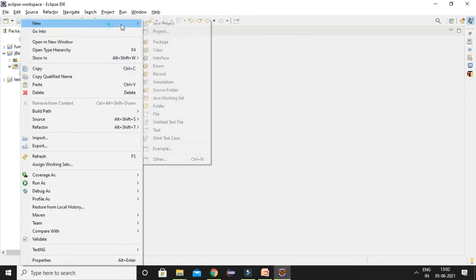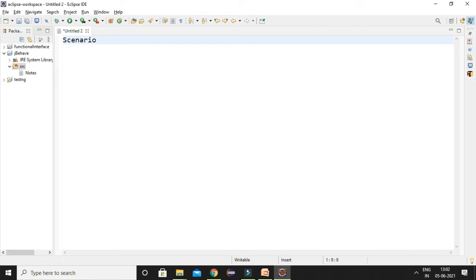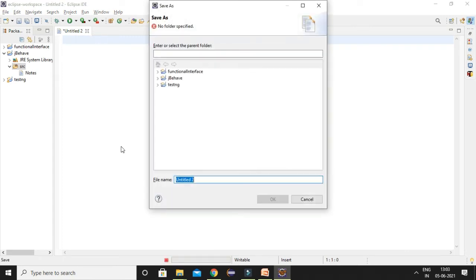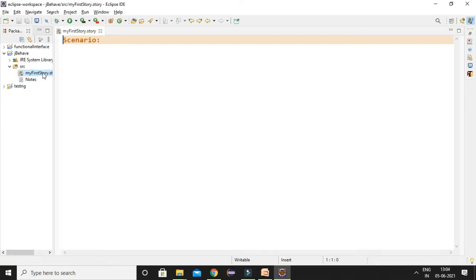Just create a new text file, type your scenarios into that, and save it with the file extension .story. Then open the file once again. Now see here, as we have installed JBehave in Eclipse, it is identifying the syntax.